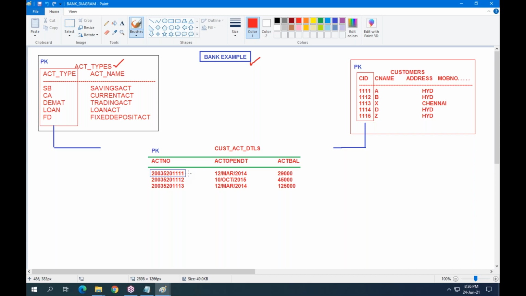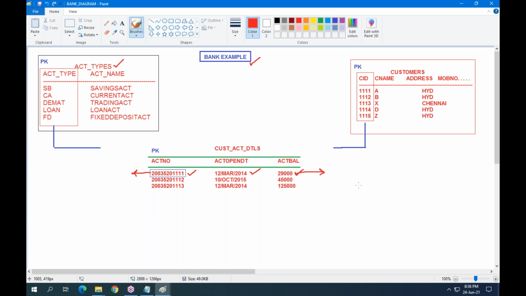See, account number, account open date, account balance. It is one account number. What type of account is it? We don't know. Which customer is the account number related to?